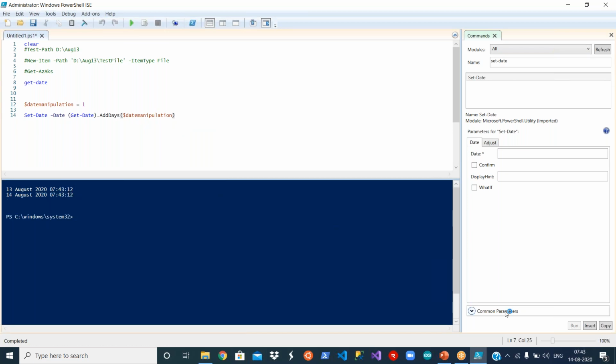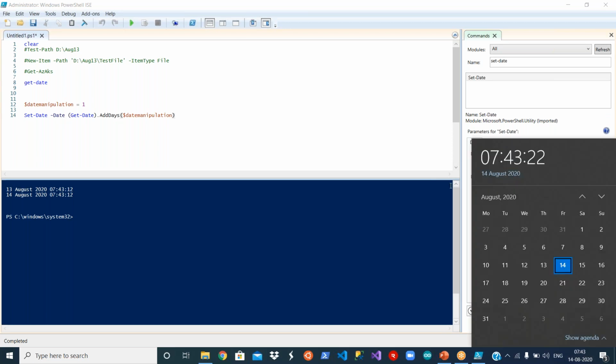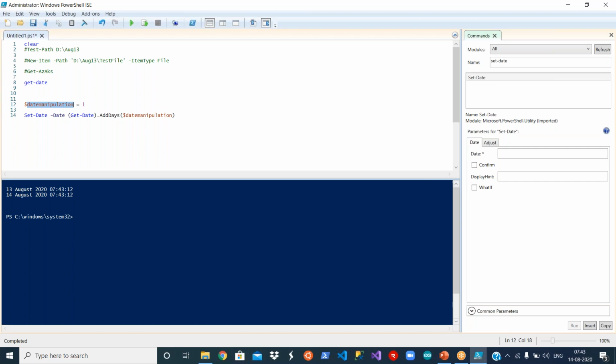See, now you see the date of my laptop has been increased to 14th August. Because in this variable I kept integer 1, and I used that variable in my add days function and the command set date. So that's how you can utilize the variables. Create a variable and use it wherever you want in your script.